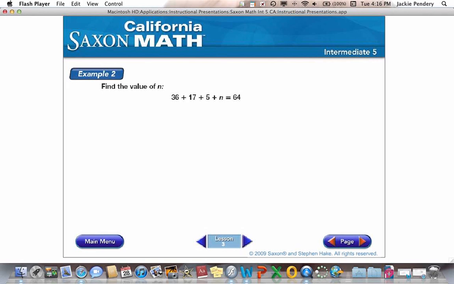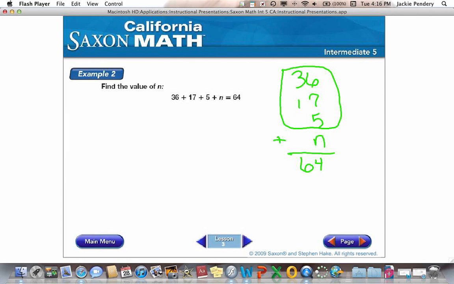Okay, example 2. Find the value of n this time. 36 plus 17 plus 5 plus n equals 64. Well, I always rewrite my problems. So we're going to rewrite 36, 17, 5, n equals 64. Now, the first step that I have to do is I need to add up these three numbers